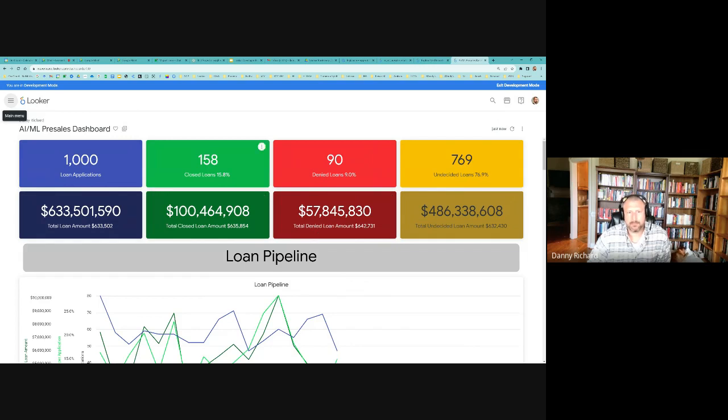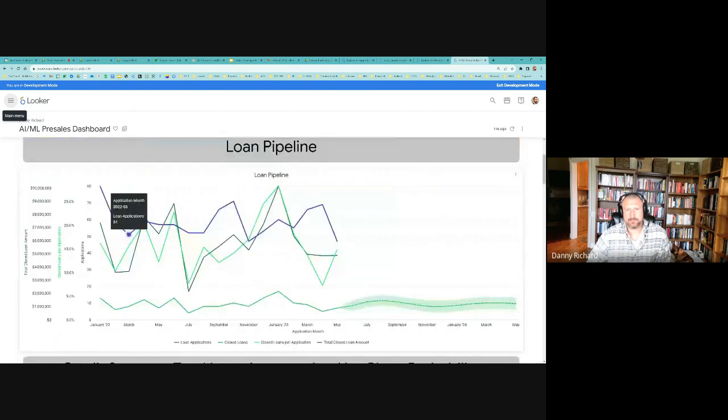They're related to each other. This is loan applications, and this is total loan app amount. This is closed loans, and this is total closed loan amount. So this is the count of loans up top, and then this is the dollar amount of such loans. That's why they're related, and that's why I chose to give them colors that are just a darker shade of each other. This is just a simple line chart showing